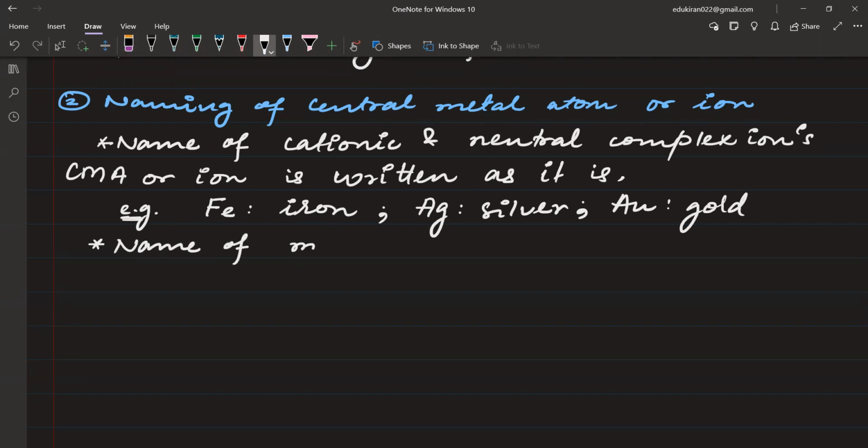Name of metals when complex ion is anionic